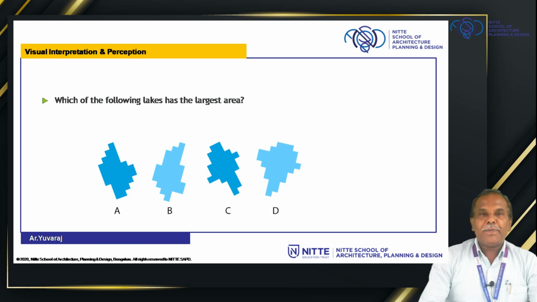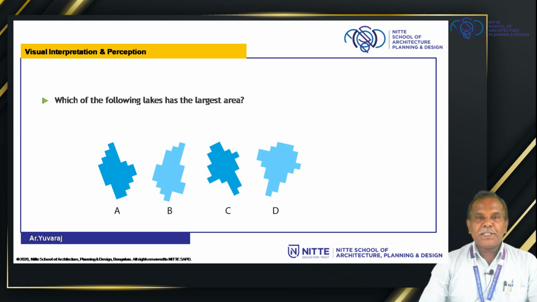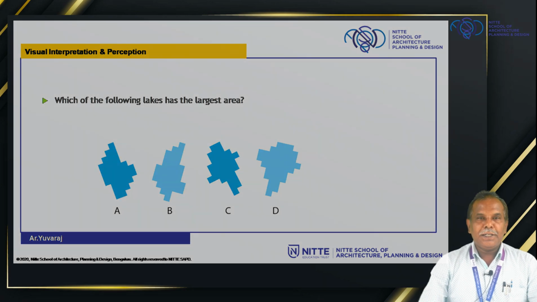Here, the observation on size and shape of each image is the deciding parameter to give your correct answer. In this exercise, understanding the visual interpretation and perception plays a role to give your correct answer. Likewise, you have to analyze and evaluate to give your answer in this type of questions. Hope you all have understood this topic. Now my colleague Architect Sharia Durrani will talk about the next topic.